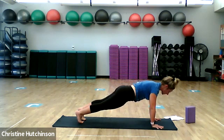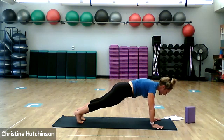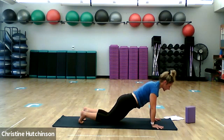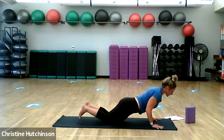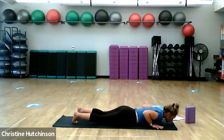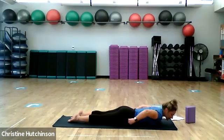Wiggle the toes back a little bit. And again, broaden the upper back, belly pulls in, chin off your chest. Release knees to the mat, elbows pull in and slowly come all the way down. So on this one, we're going to take our chin down to the mat, tops of the feet to the